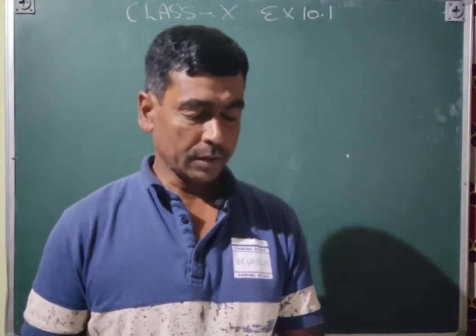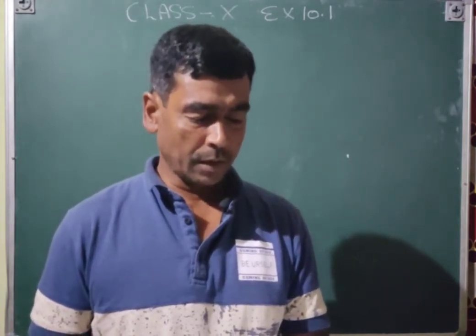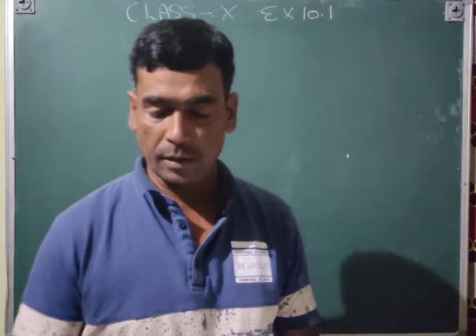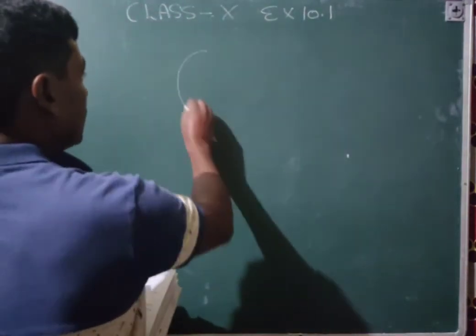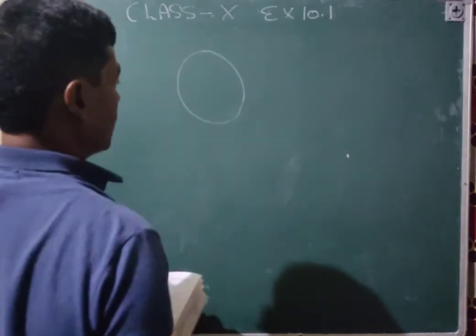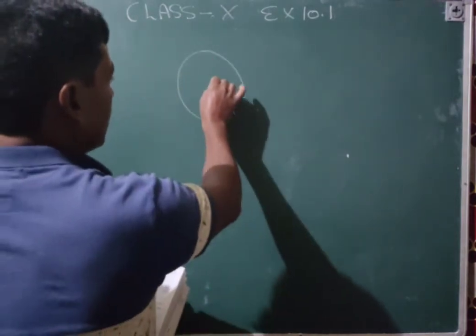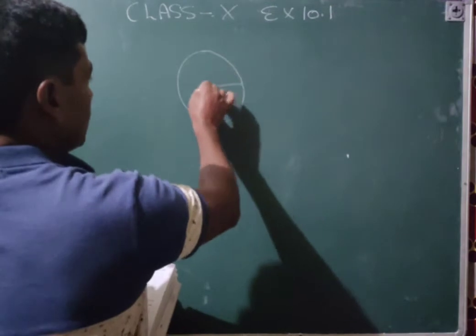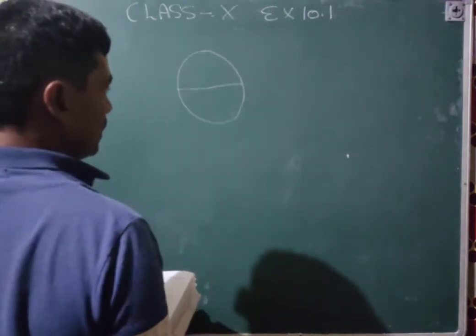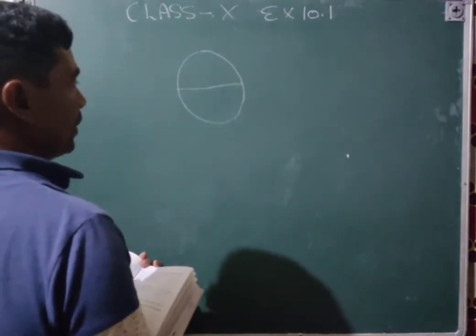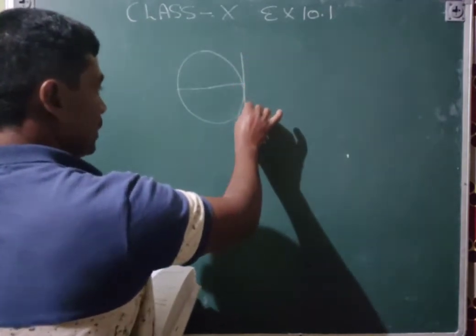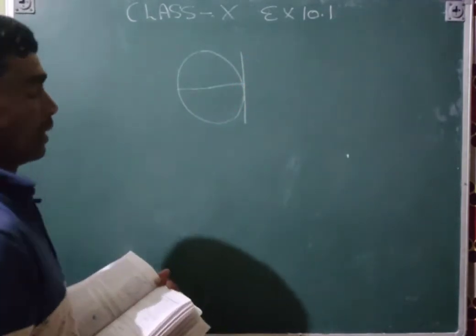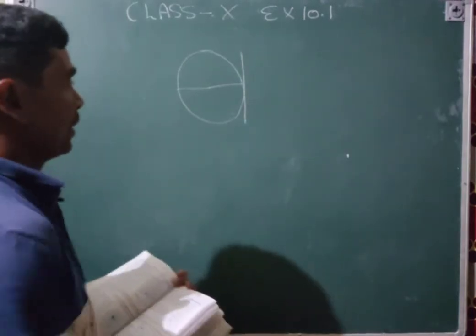Today we will see chapter 10, Circles. Circle, you know that very well. What is a circle? This is a circle. In this circle many more things are there, like this is a radius. Double of the radius is the diameter, and the thing you will read most of all here is the tangent.